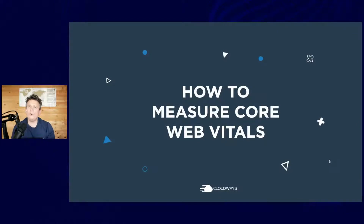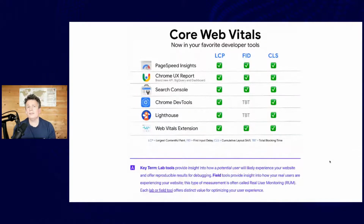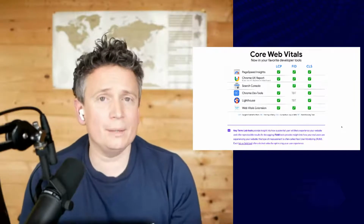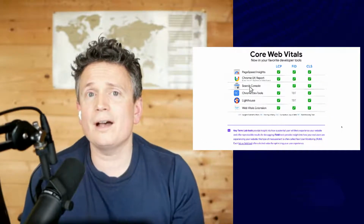Okay, so before we talk about how you optimize for Core Web Vitals, which I'm really looking forward to, how to measure Core Web Vitals. Well, Google provides the resource, so tools to measure Core Web Vitals. And again, this is on the web.dev website. And there's about half a dozen tools. Most of these tools are aimed at web developers, but the two that are more aimed at marketers are Search